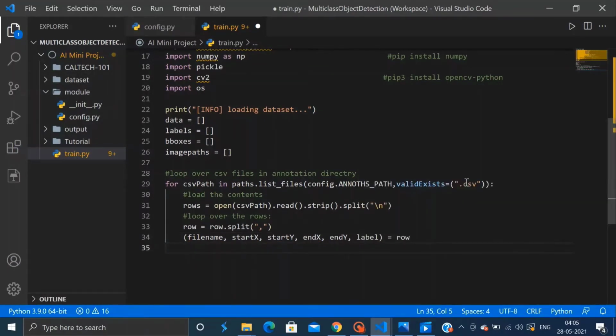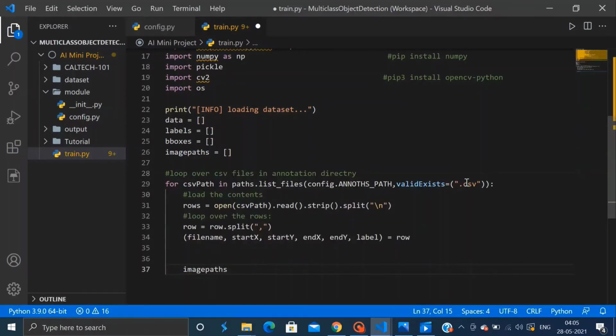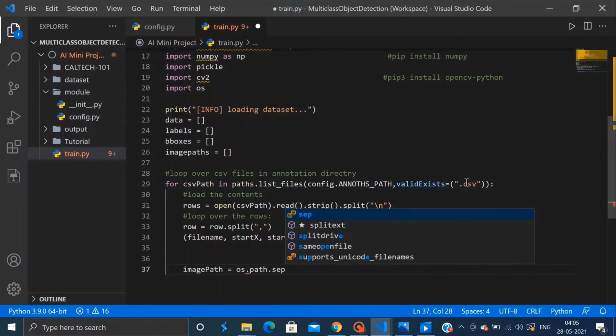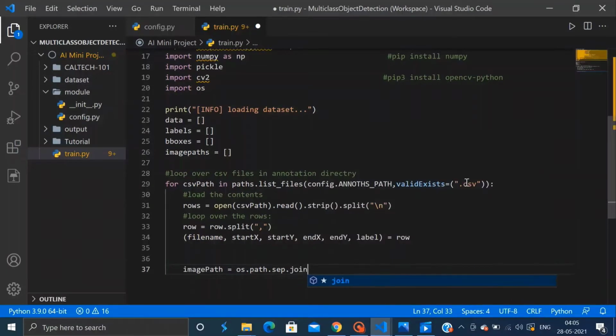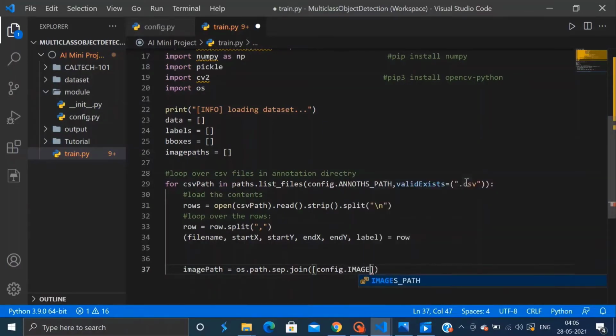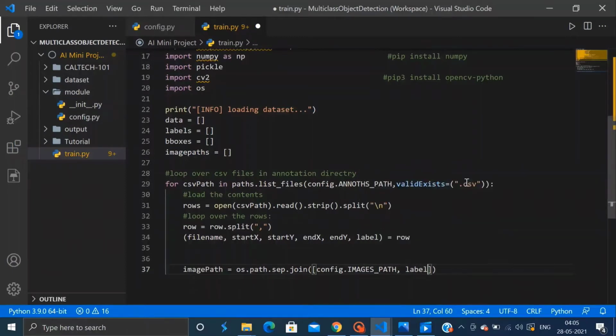So now let's work with these values. We will derive the path to the input image and load the image and also grab its dimensions. So for this I'll use the image path derived from our config module, so config.imagePath, and then also the class label and the file name.